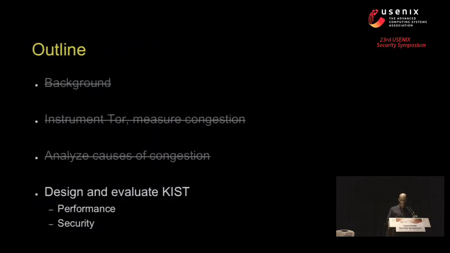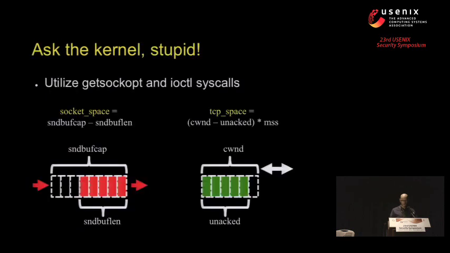All right, so we've done an analysis of the congestion and identified two problems. We'll now talk about our algorithm that will solve these problems. So the main approach of this is to just ask the kernel for as much information as possible. So there's actually socket system calls that will give us the information we need to more intelligently send information between Tor and the kernel. So using syscalls, we can compute the socket space, which is the capacity of the buffer,